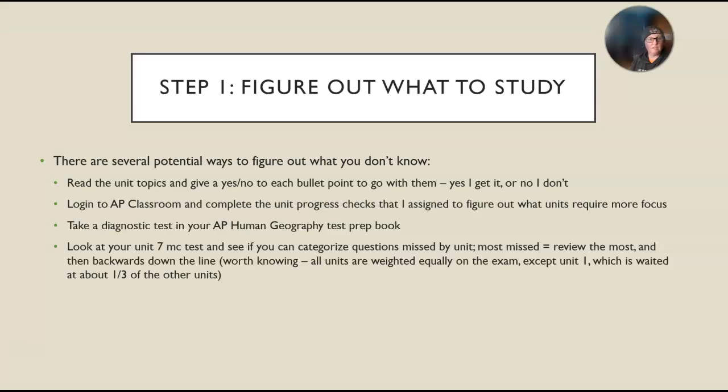On the AP exam next month, units 2 through 6 are weighted equally at 15 to 18% of the multiple choice questions. That's what they give us. And unit 1 is, I think it's 5 to 10%. Okay. So just so you know, that's the weights for the multiple choice. The FRQs, they don't tell us, other than the fact that they will cover units 2 through 6.